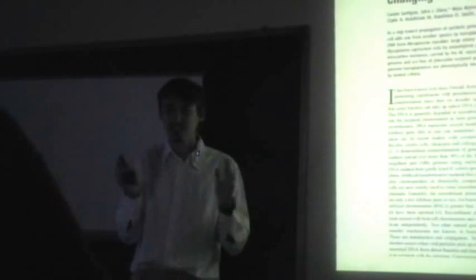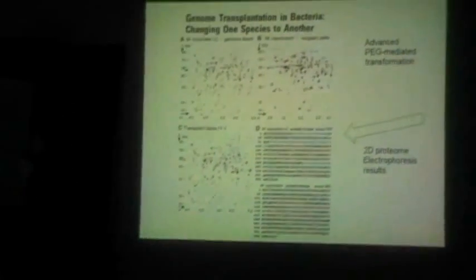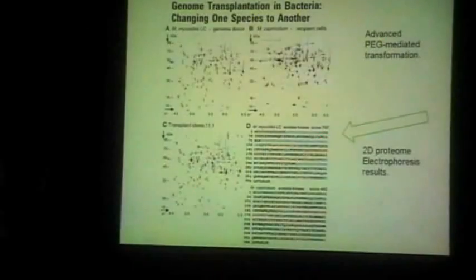These two organisms are very similar, and in terms of protein coding genes, 85% of protein coding genes of Mycoplasma mycoides correspond to Mycoplasma capricolum. So with this similarity, there is a high probability that you will be able to convert one organism into another. So that's the end of the whole thing. This is advanced polyethylene glycol mediated transformation, and